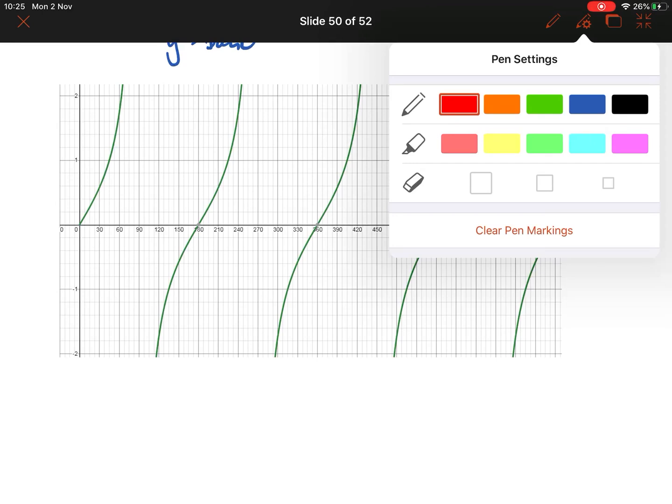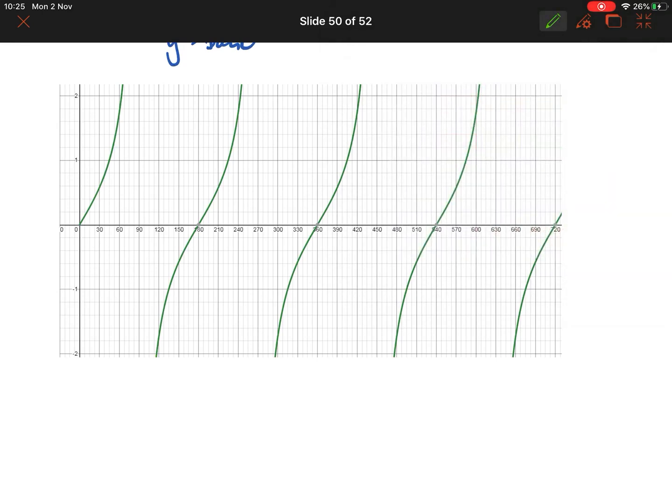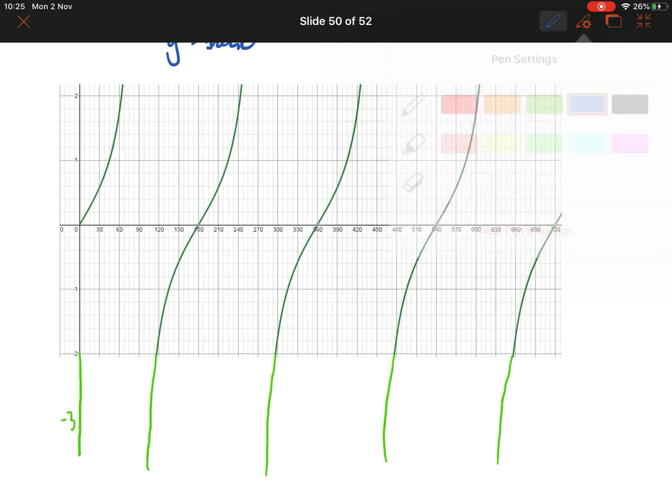No, it's not. Here's tan. So actually what we don't have here is minus 3. So I'm just going to extend things out a little bit here. So let's just say that comes down like that. Okay, and then this comes down to minus 3 here. Okay, so minus 3, so we've got